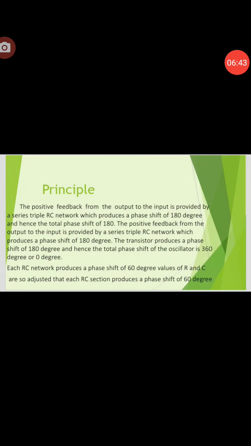Now, working. The phase shift oscillator here consists of a conventional single transistor amplifier and an RC phase shift network. The phase shift network consists of three sections R1 C1, R2 C2 and R3 C3. At some particular frequency, the phase shift at each RC section is 60 degree, so that now the total phase shift produced by the RC network is 180 degree. That particular frequency now we have to find out.